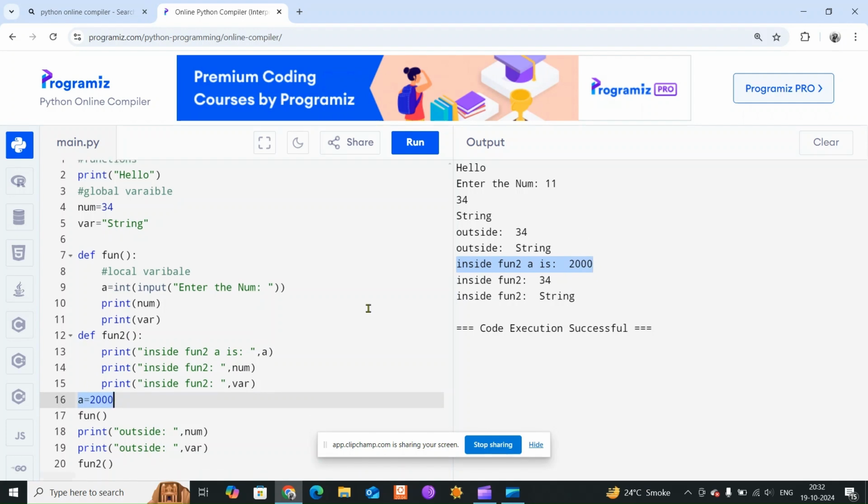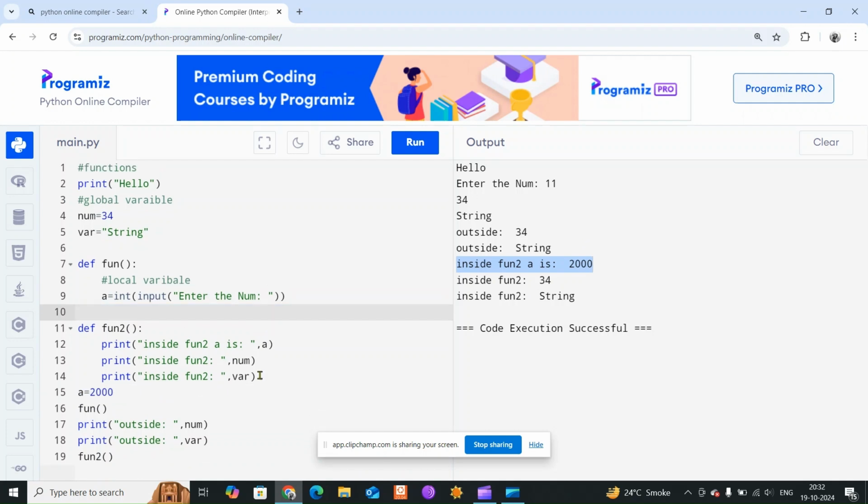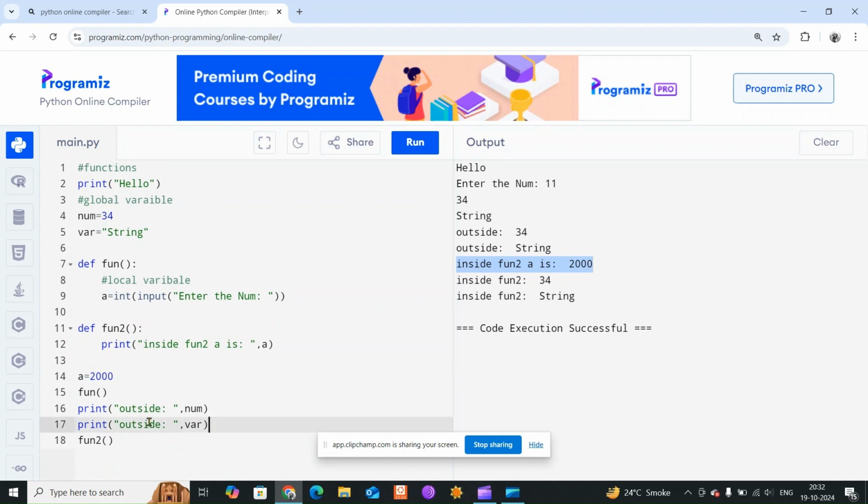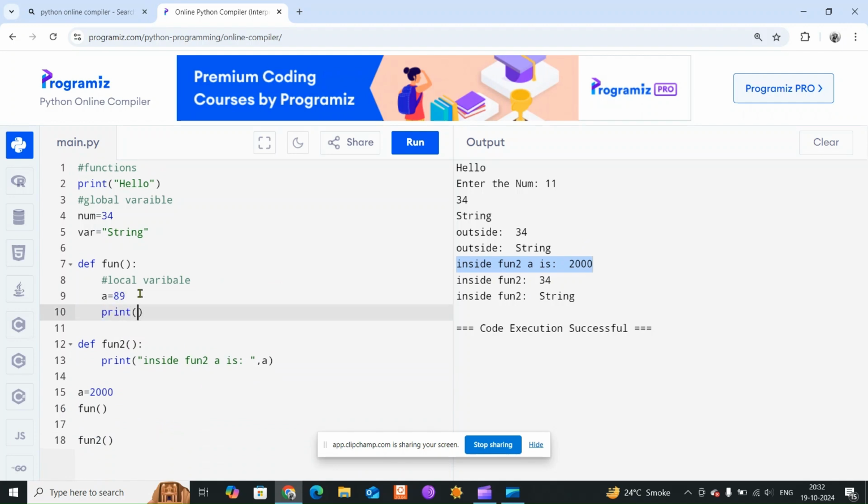Okay, let me remove this thing, and let me remove this thing as well, because you understood these things already. Now I want to make you understand something else. Let's do something like this. I'm saying it is 89, and here I'm saying print, and here I'll say a in fun is, and here I will say inside fun2 a is. Same thing. Now if I run it,